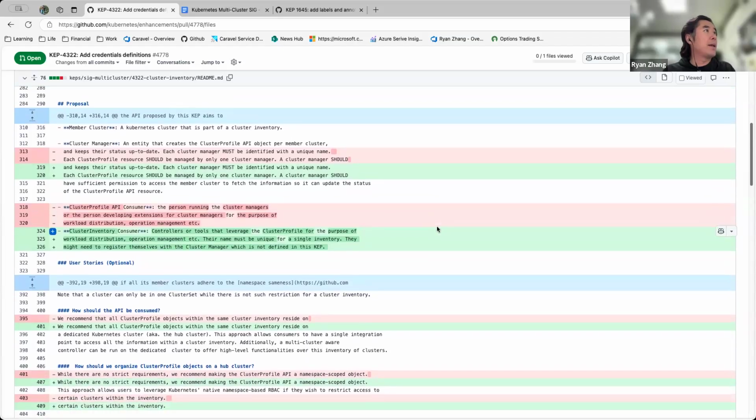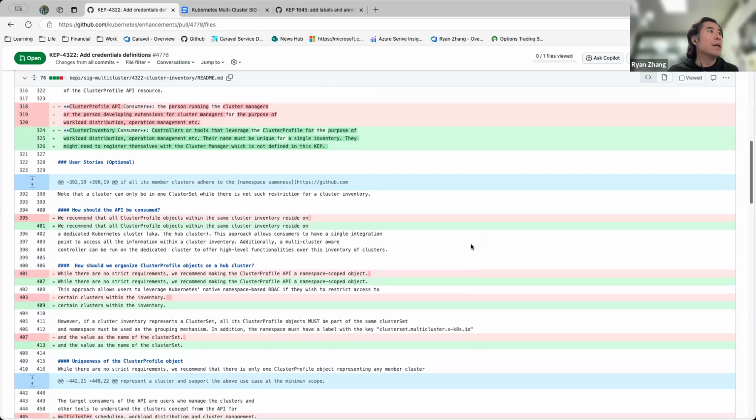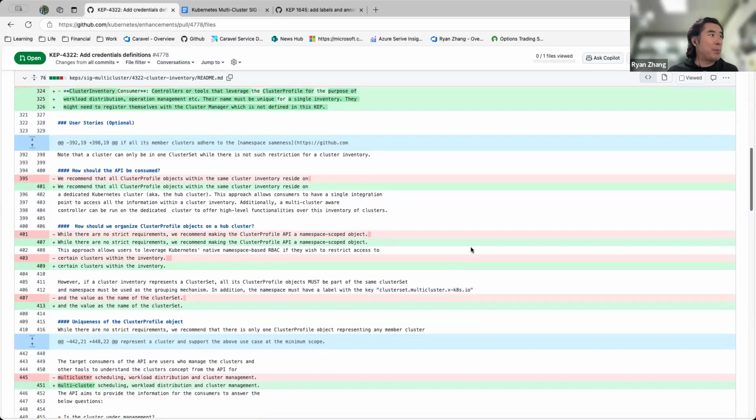The high level idea is, because last time there were all the SIG chairs and experts, we kind of understand that putting the secret into the API isn't the best practice from any security perspective. But on the other side, most of the projects in open source do look for a secret, some type of credential, when they are in this multi-cluster mode.